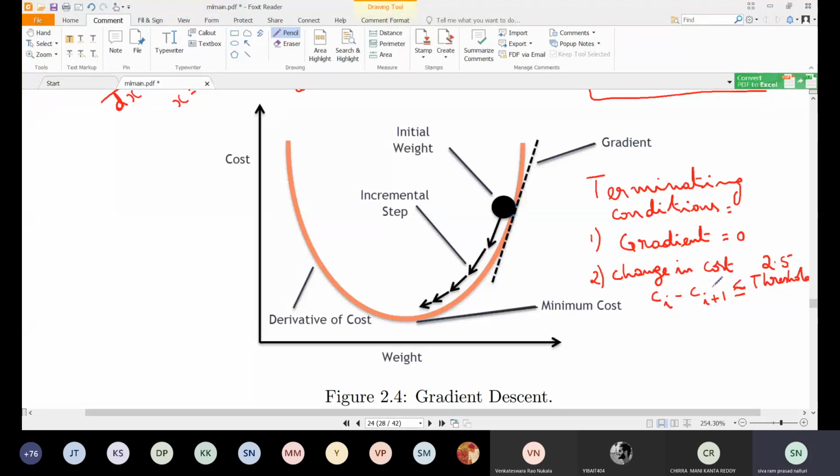Loss is for one example. If you add the loss for all examples, you will get cost. So మీరు వెయిట్స్ చేంజ్ చేస్తున్నా కానీ if there is no considerable improvement in the cost,